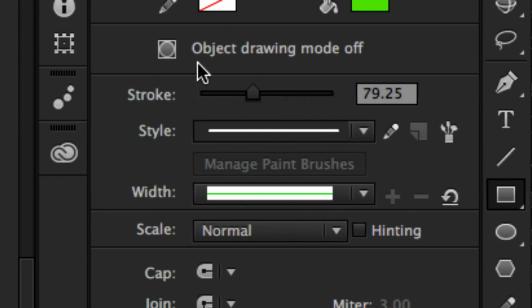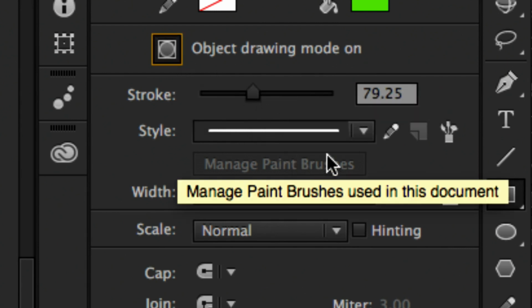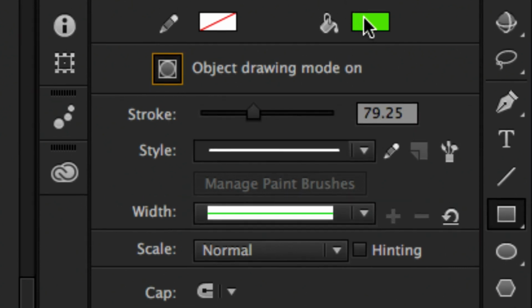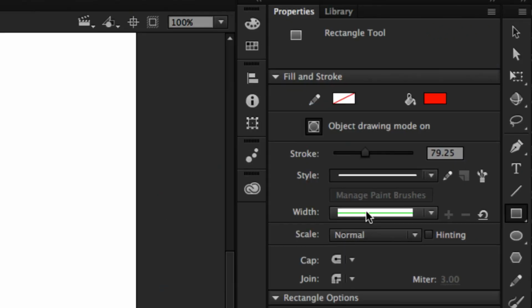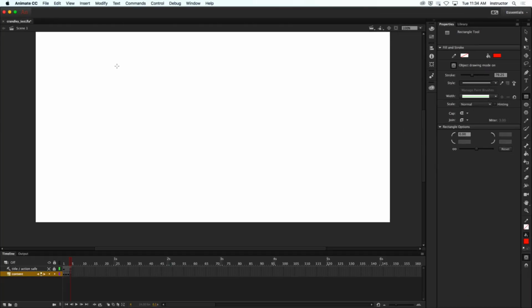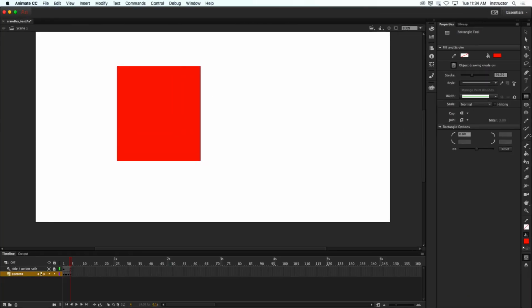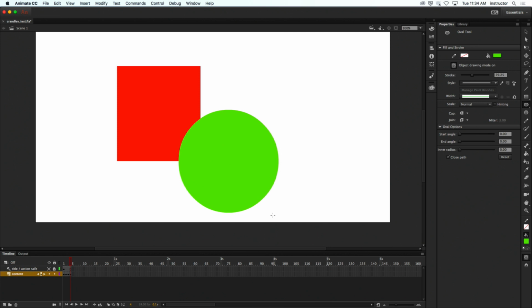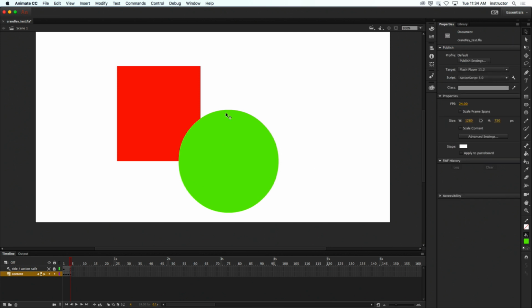Okay, I'm going to turn Object Drawing Mode on. And once again, I'm going to do the exact same thing. I'll find a nice lovely shade of red. I'll draw a red square, and then a green circle. Okay, nearly identical to what we had before. However, this time, when I grab the direct selection tool,